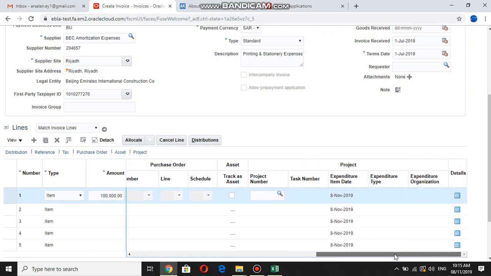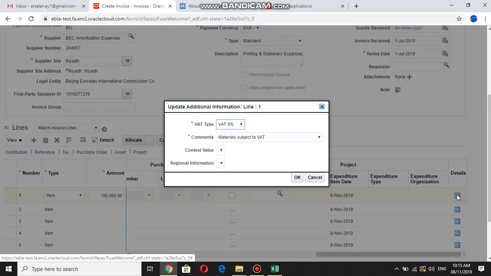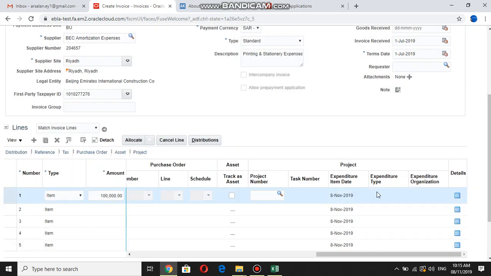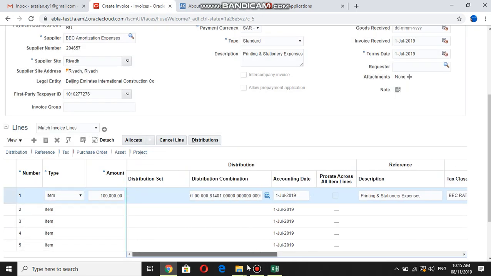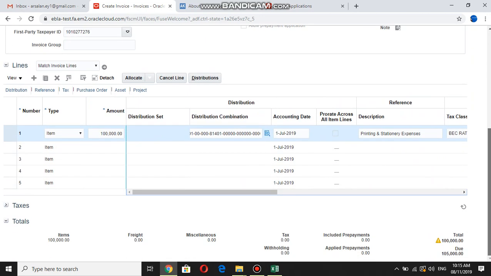If the invoice belongs to a project, then you have to write the project number, task number, expenditure item date, and other information. But here I'm keeping it blank, so you will see at the end whether